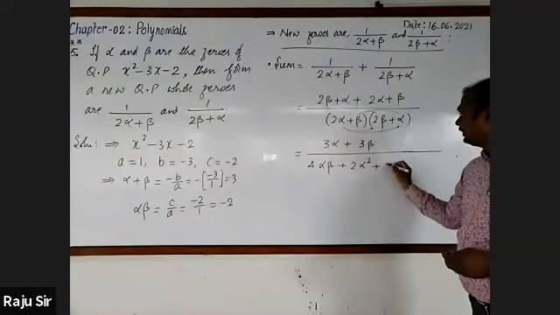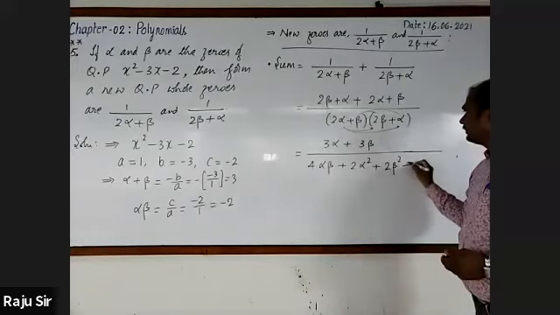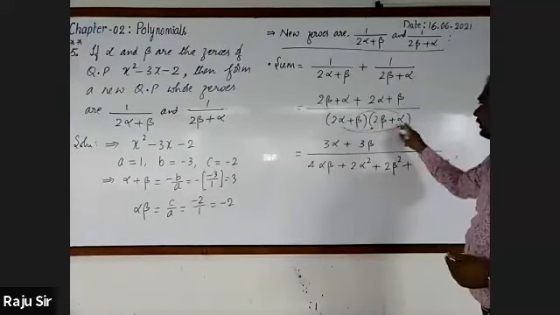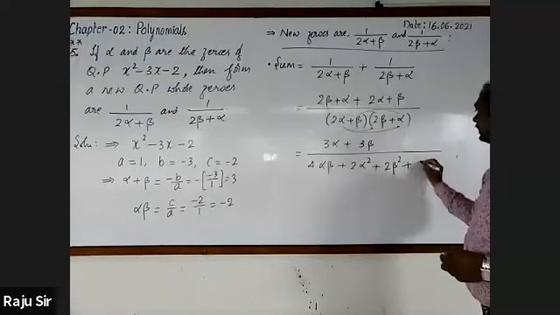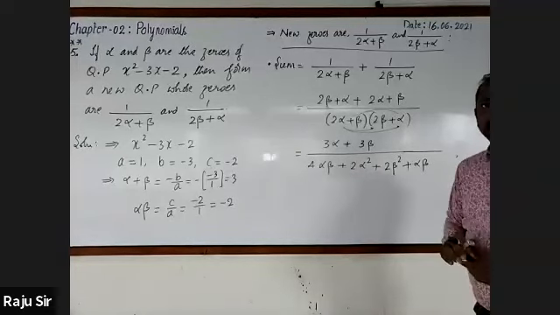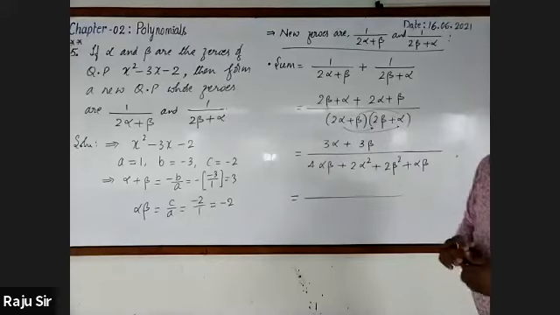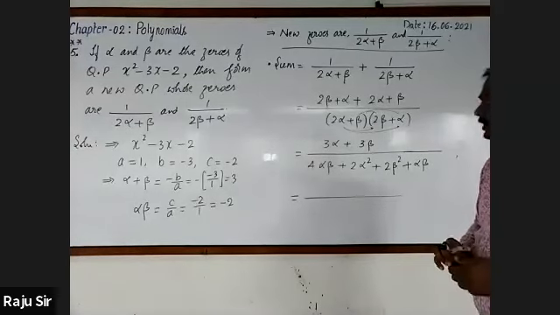Beta into 2 beta, it is 2 beta square, plus beta into alpha is alpha beta. This is equal to